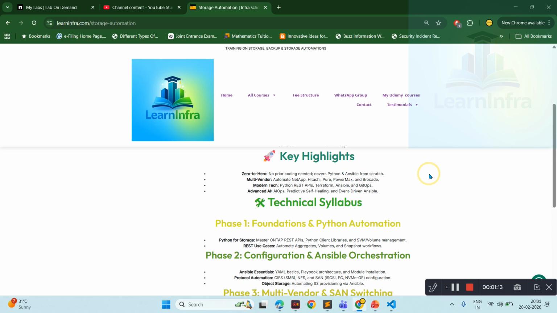Automating day-to-day tasks means how to create a volume, CIFS shares, ONTAP upgrades, creating export policies, changing snapshots of different volumes, all these things, all using Python. Once that is completed, I will teach you Ansible. Once I teach you the Ansible modules and roles, then I will teach you how to